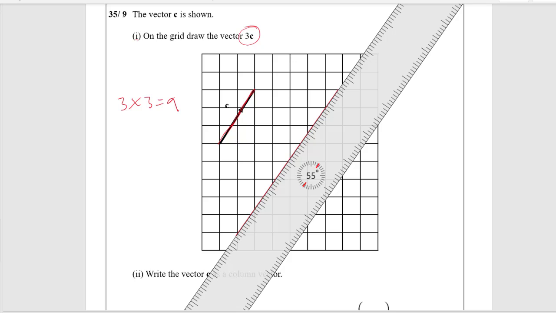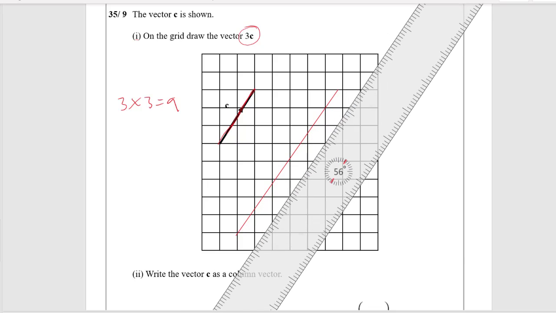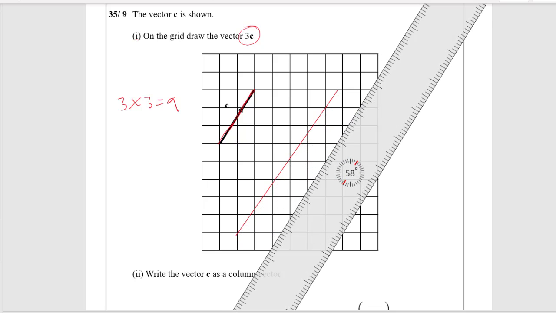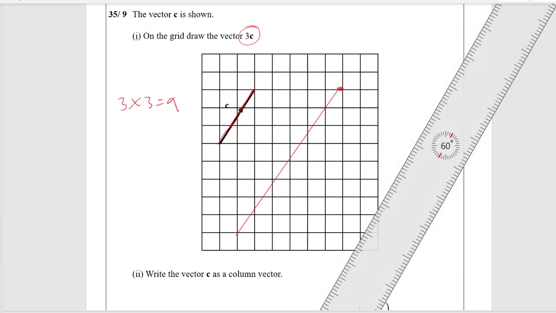Now this might not be accurate because I've changed the size of the squared grid. Therefore, this might not be right, and I can see it's not right because it's ending up here. But when you draw it with a ruler on an A4 paper, it's going to end up on a corner. So make sure you count how many squares you go in diagonal. If it's 3c, then go 3 times 3. If it says on the grid draw the vector 2c, then you times it by 2, so 2 times 3, because it's 3 going across. But the other way we can draw this is, if I find the column vector,